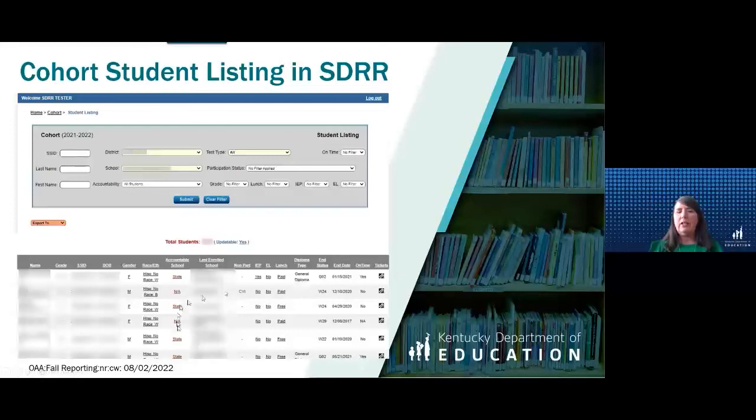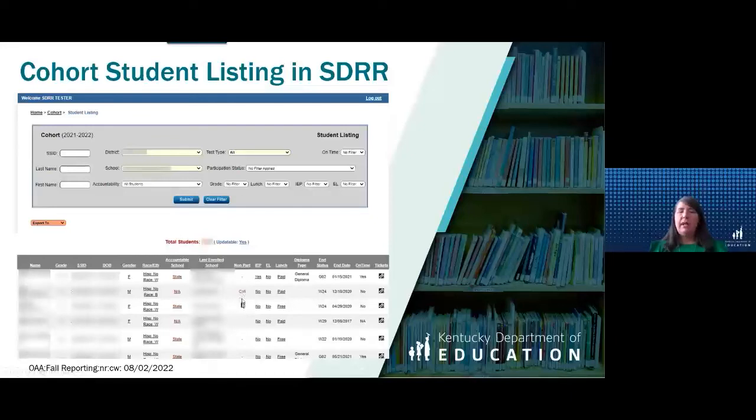But like I said, any changes you make here, you want to make sure to go back to Infinite Campus and make sure it's in there, just like data review. And you want to look at your end status, your diploma types, your end dates, whether your students are on time. Also, it gives you your ticket history for your students, and you want to look at all the demographics for your students and check your accountability. You can double click on accountability and change that here.